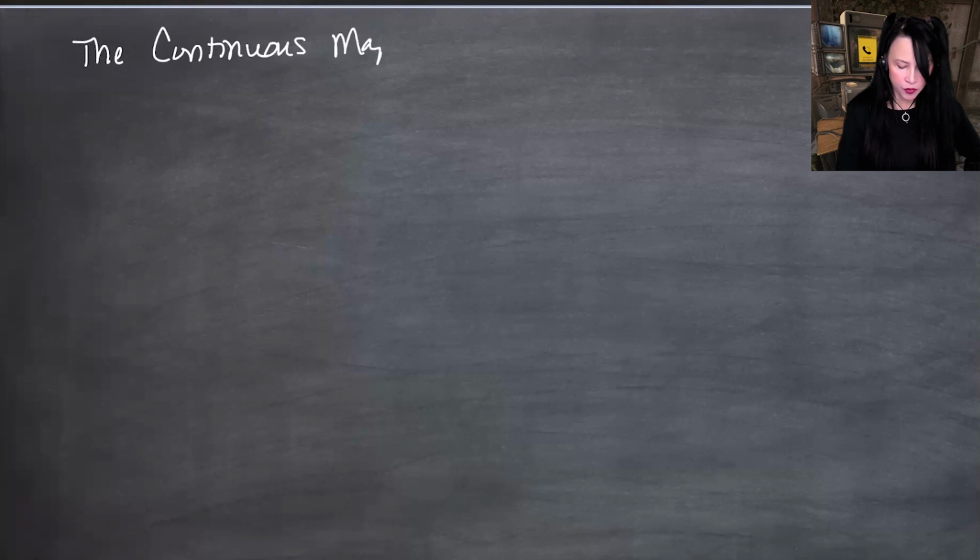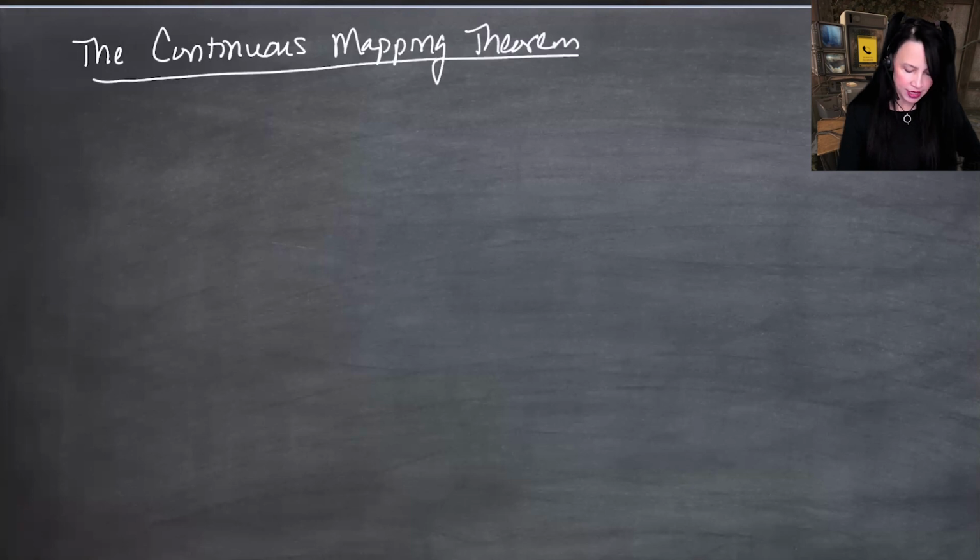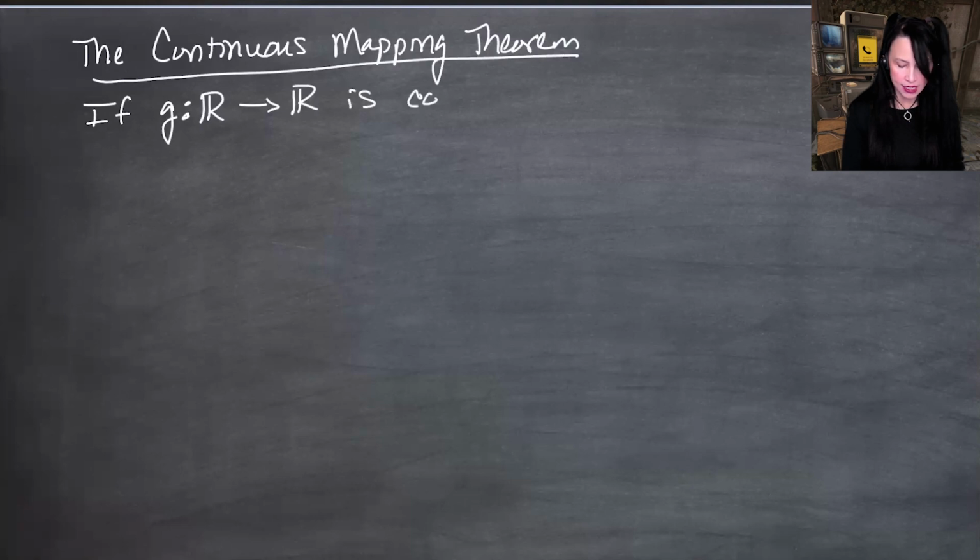Okay, so next up, we have the continuous mapping theorem. You've seen this before for convergence in probability, and it also holds for convergence in distribution. And so I'm just going to state it for both so that we have those statements in one place. If we have a function g from the reals to the reals, if this is continuous,